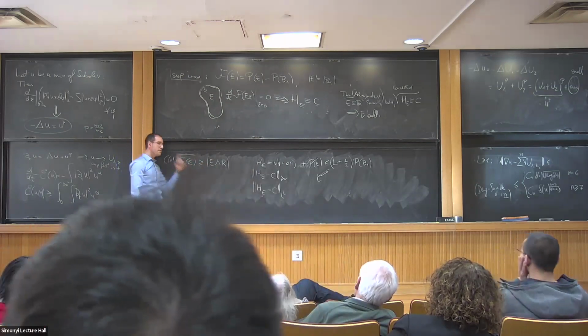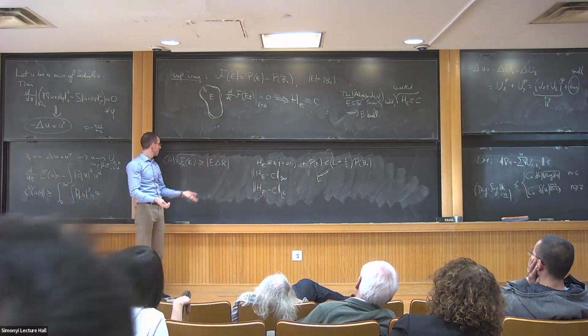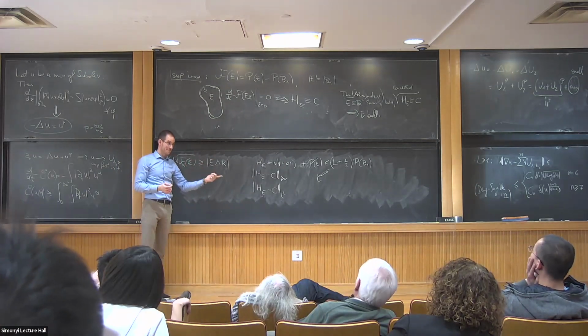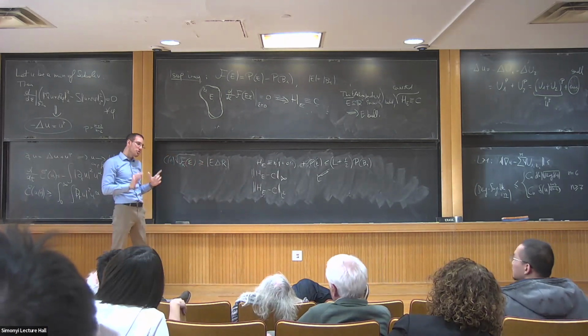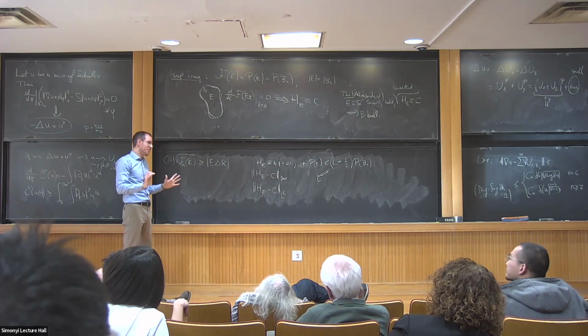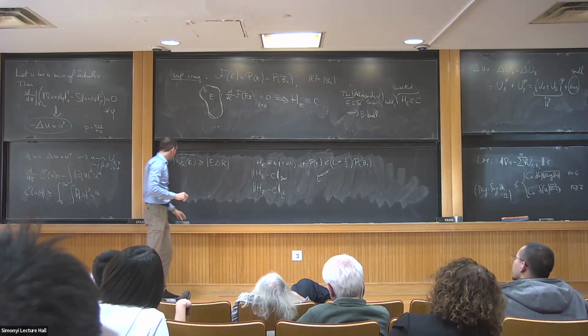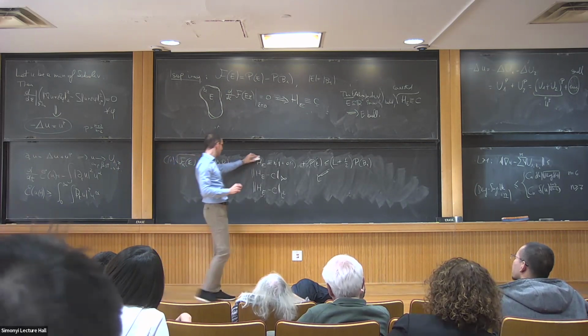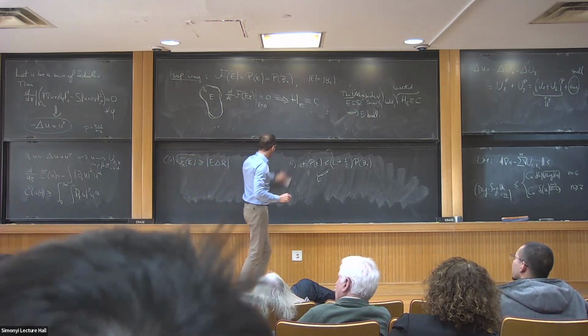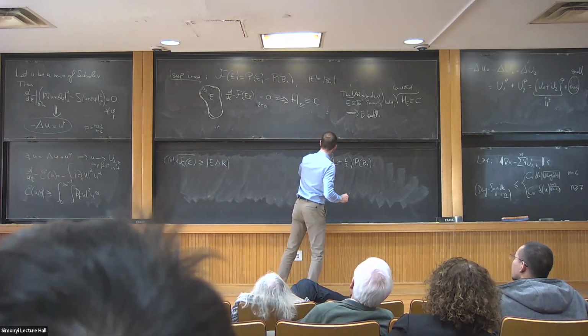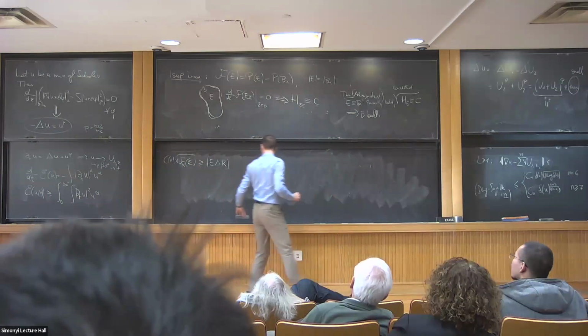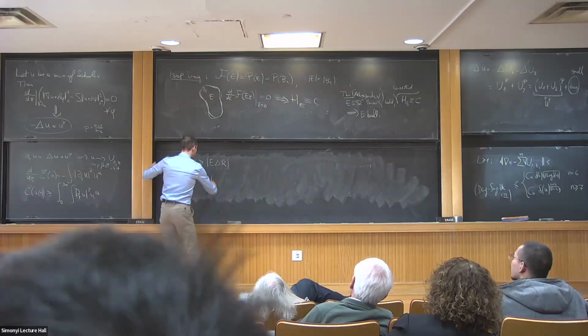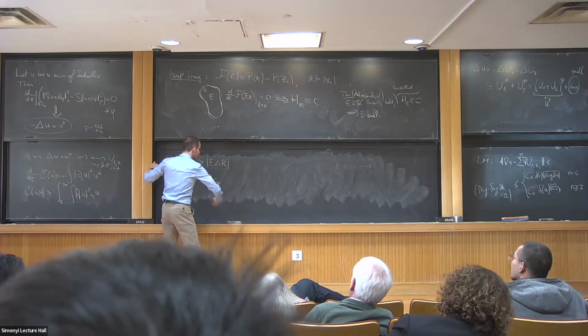But you could ask yourself, if kappa is a crystal, can I hope to do something better? Because crystals are more rigid than balls. And the answer is yes. That's what I proved with Zhang a couple of years ago. Let me give you an example: if kappa is like a square,